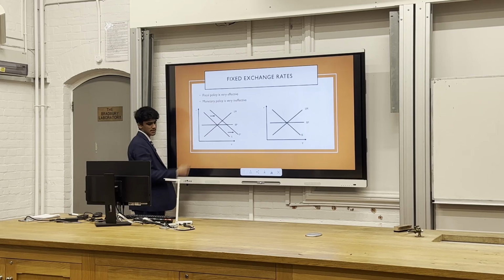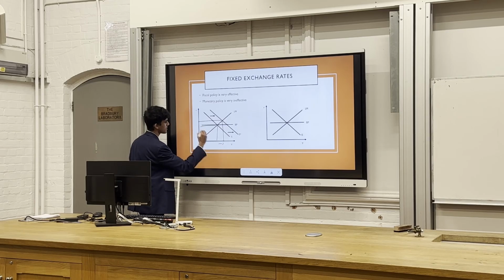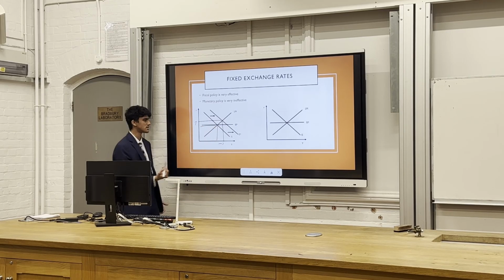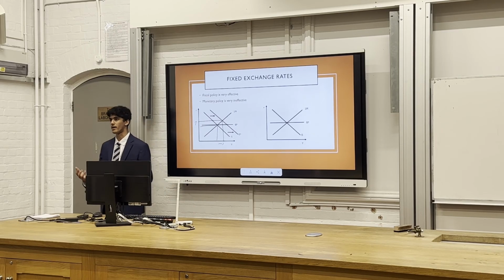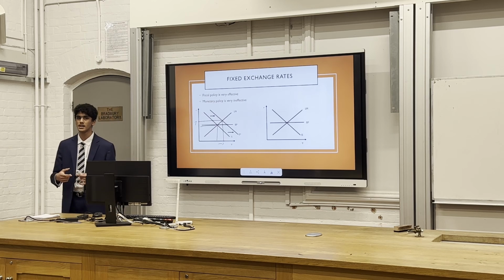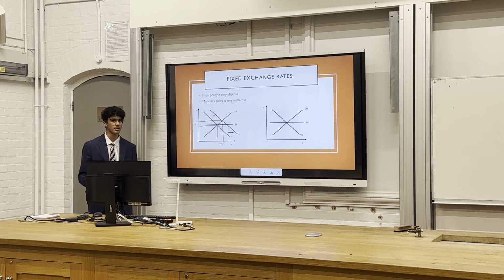That means that now there's a higher rate of interest and a higher level of GDP, right? It's gone like this. And the economy is in disequilibrium. These curves don't all match up. So what that means is higher interest rates are going to attract even more foreign investment. So there'll be more demand for the pound because to buy your assets, they have to have your currency. So that increase in the demand for the pound will cause